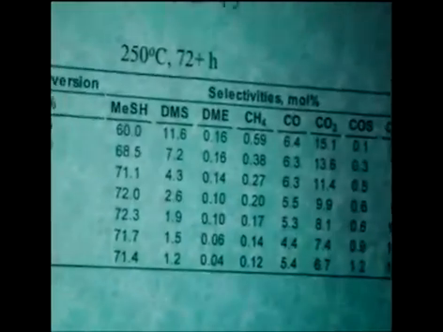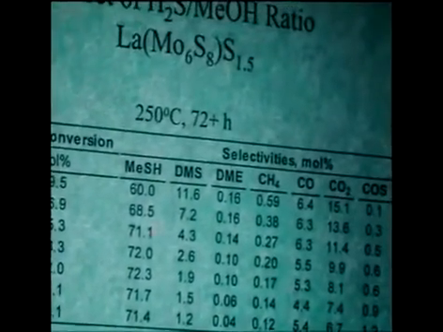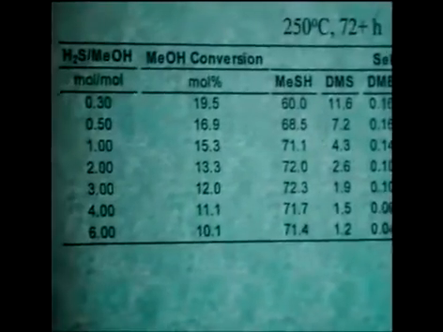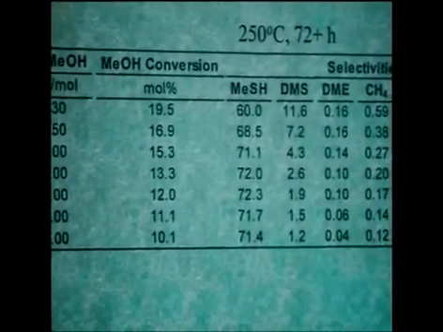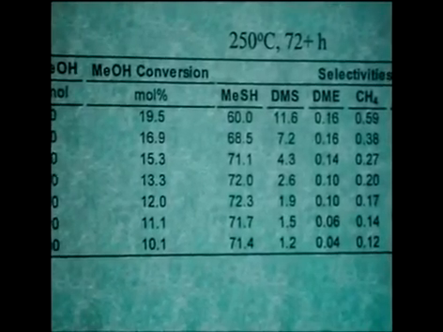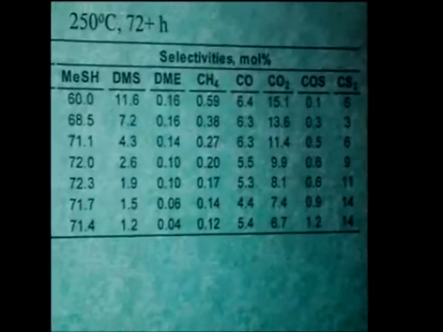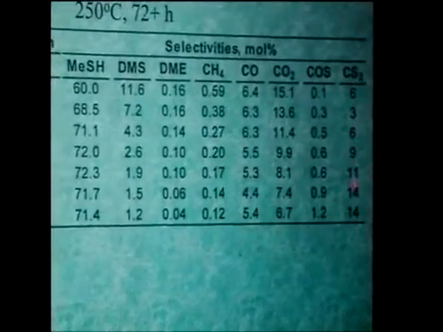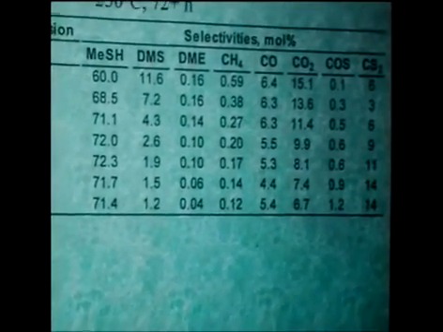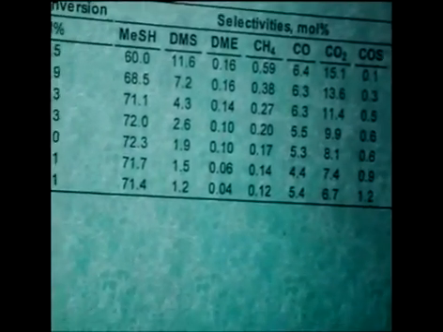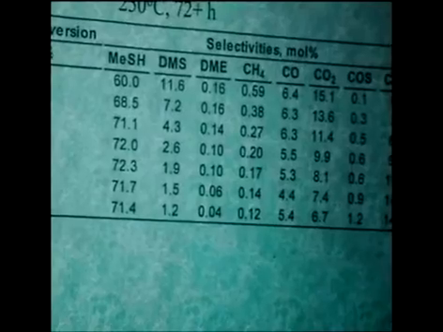What's also of note is that since this isn't a really dramatic maximum at 3 to 1, what's causing it is an offset between the selectivities to CO2 and CS2. At the same time, the CO2 selectivity is dropping as hydrogen sulfide increases, and the selectivity to CS2 is increasing. Those two tend to offset each other, and so we only have a slight maximum at 3 to 1. So it seems like the reaction is fairly insensitive to this variable as long as you're up above about 1 to 1 ratio.